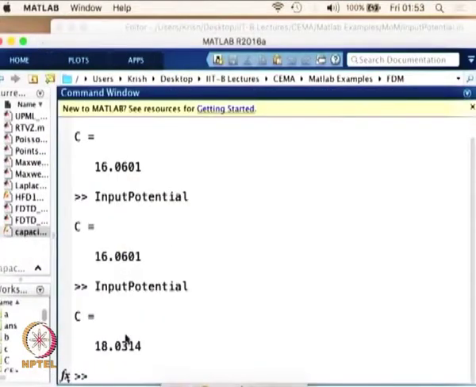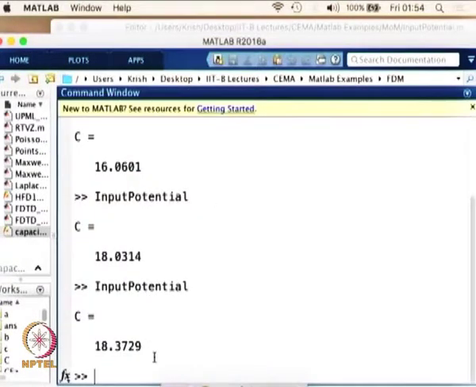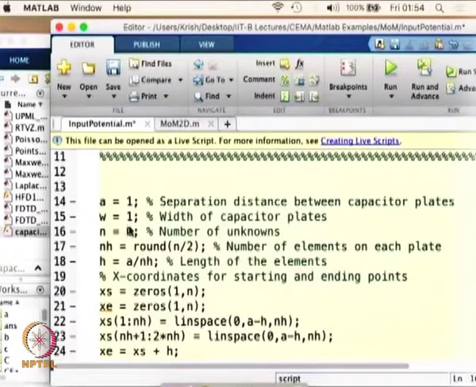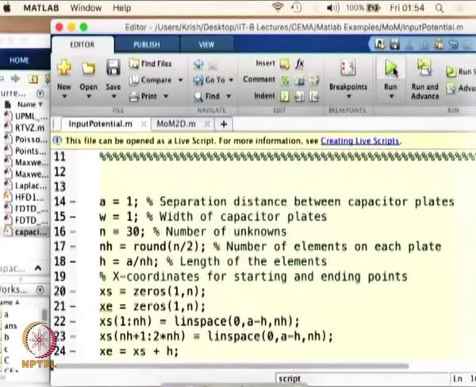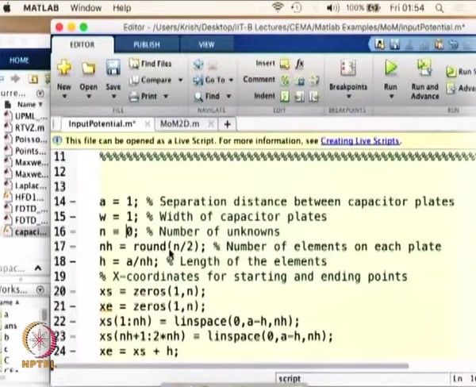We see the value here is 18, so it is still not converged, the value is changing quite a bit, so we can increase the value, even double it. So we say 20 elements, and we see the value is still within 18 point something, so we can increase it to 30 and run the code and see the values increasing, but not that much faster. So if we put 50,